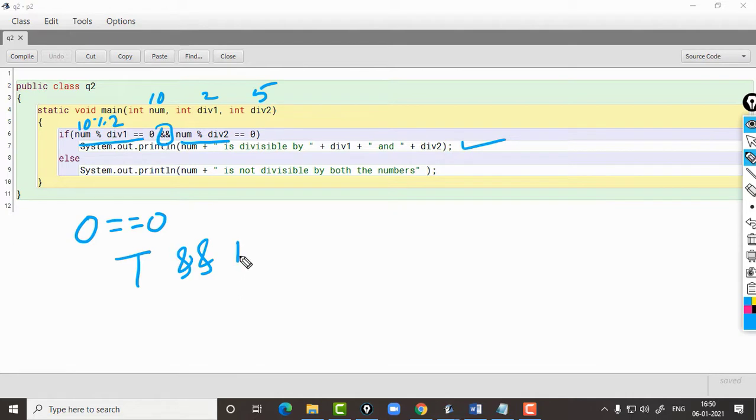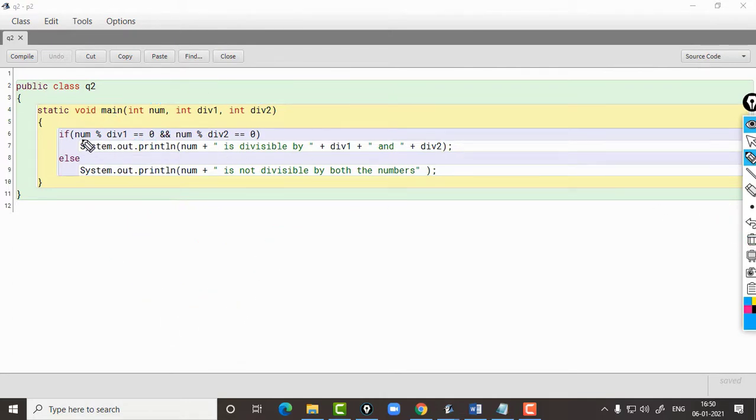Num is 10 and div2 is 5, so the modulus will be 0. The expression becomes 0 equals 0. Condition is true. So true and true will give me true. Ultimately the whole expression becomes true and it will print 10 is divisible by 5 and 2.